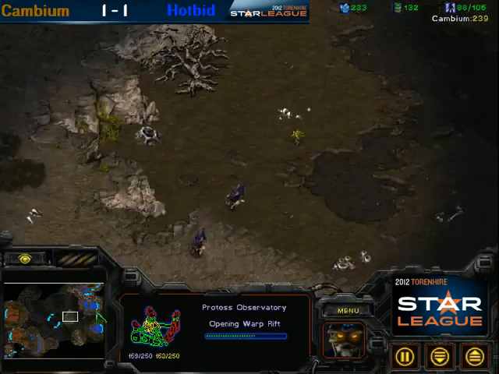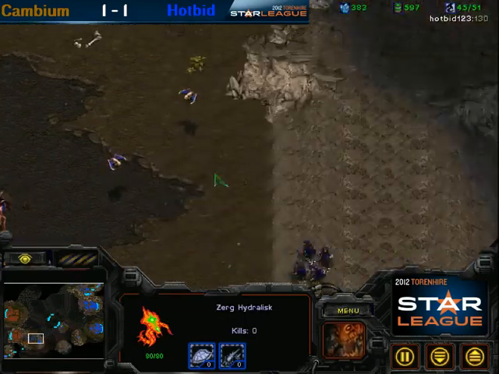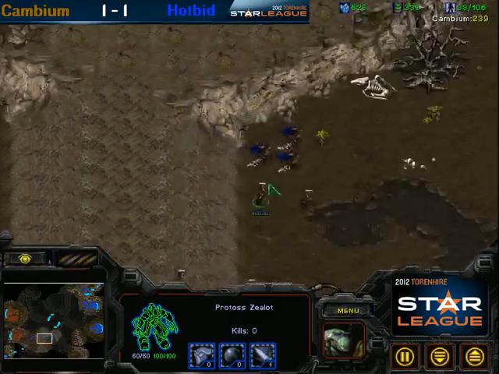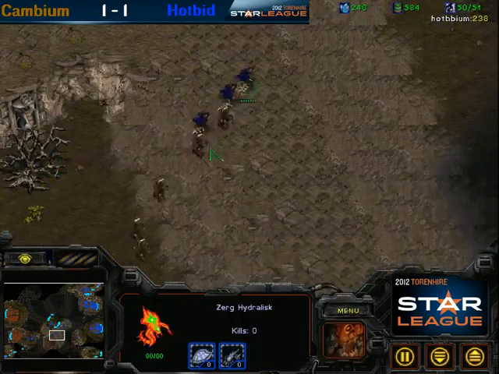Yeah, he's gonna need really a lot of lurkers or some nice sort of delaying on these ledges to try and survive this 2-base attack. 5 Hydralisks against 5 Zealots I don't think are gonna fare very well. The Zealots do have +1 now, so...